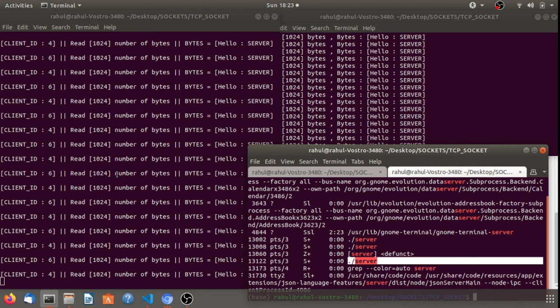So it will abruptly affect the system. So we need another approach to rectify this problem. This can be rectified with the select system call. The select system call we'll discuss in the next part.